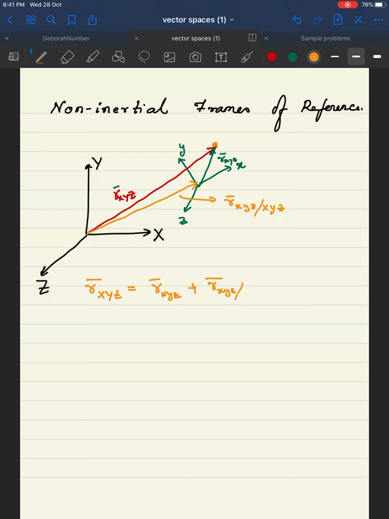So this is what the equation looks like. Okay, so now this other reference frame with respect to this one can translate or it can even rotate. Okay, so both can happen. And if you want to calculate the acceleration, so if you want to calculate, let's say, the velocity u in the xyz reference frame, then what you have to do is, so by the way,